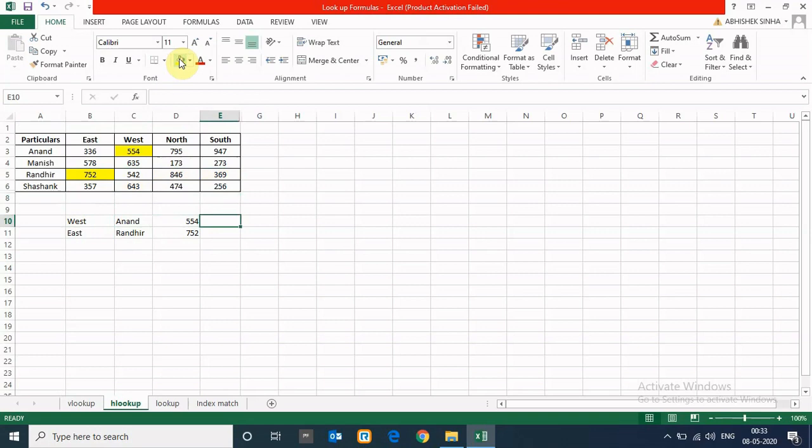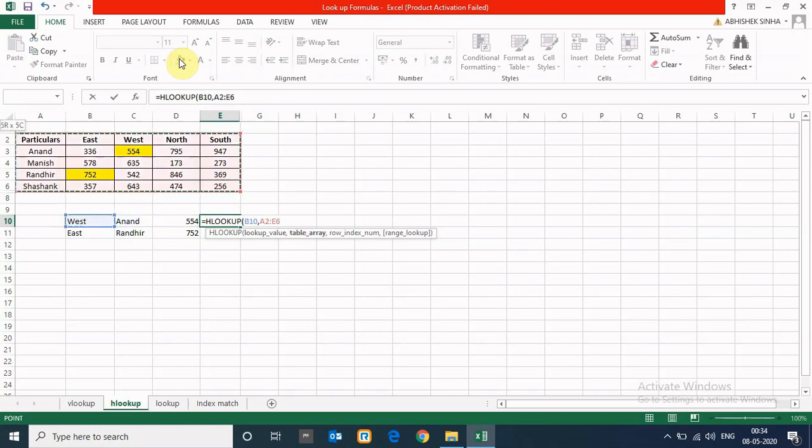Similarly, in HLOOKUP you can use it. HLOOKUP, what to look up? West, table array is this, comma, row index number. For Anand it's 2, so I have to use MATCH. MATCH lookup value is Anand and lookup array is this.